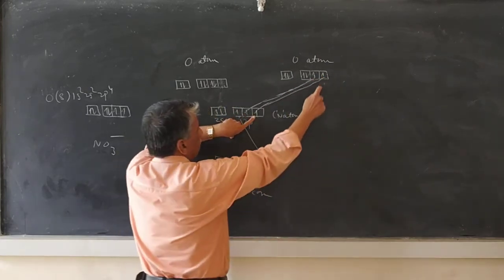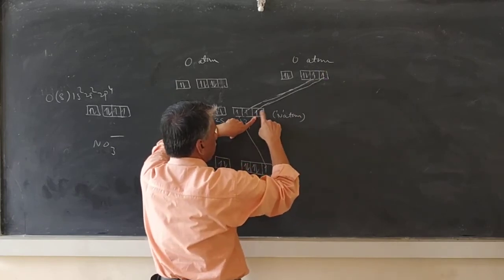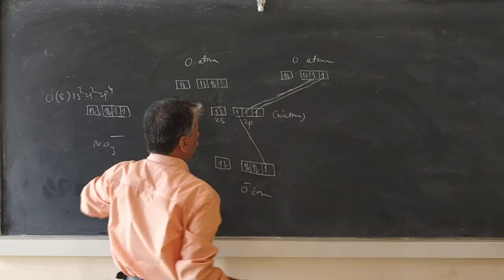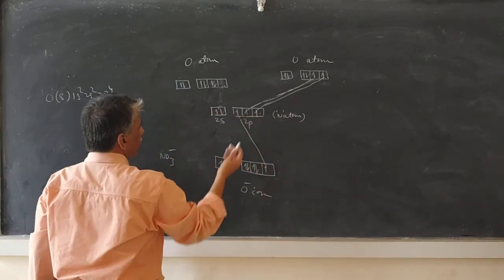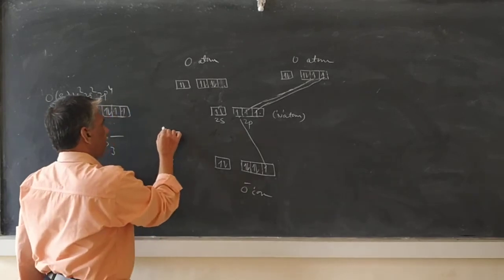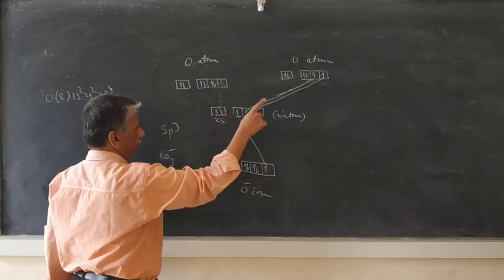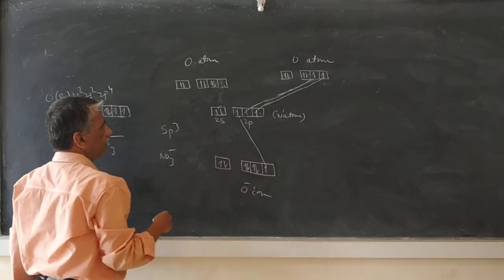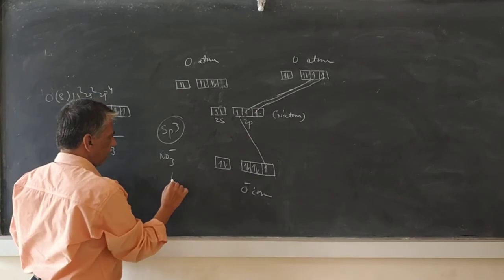Okay, and then this unpaired electron of oxygen combines with this unpaired electron of the nitrogen atom and forms a bond. And here again you can see the hybridization is sp3 only, sp3,